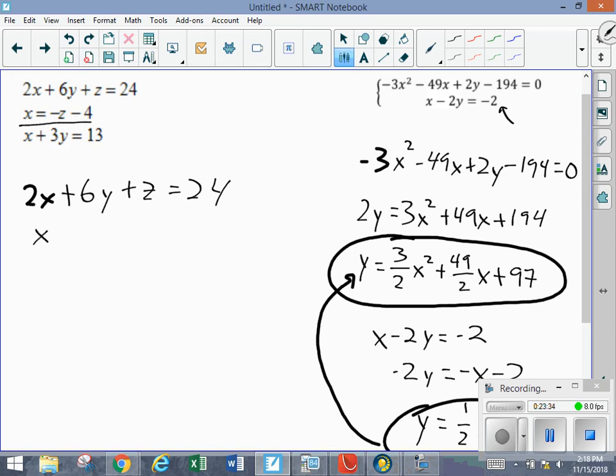So what I've got to do is put the x there. I'm going to put the z over, but there's no y, right? So I put a 0y there as my placeholder. And then the z comes over, and it's going to become positive, and then negative. So I've got to do the same thing with this third one, and I'm going to write it like x plus 3y plus,